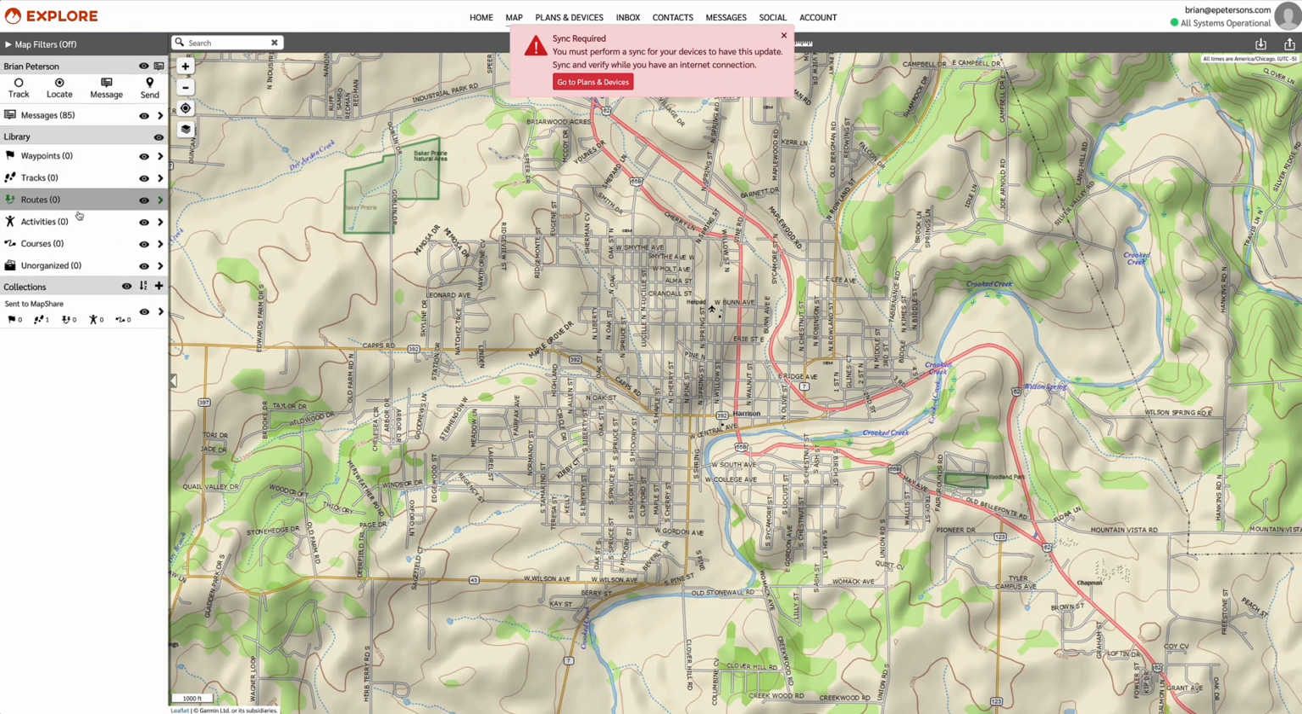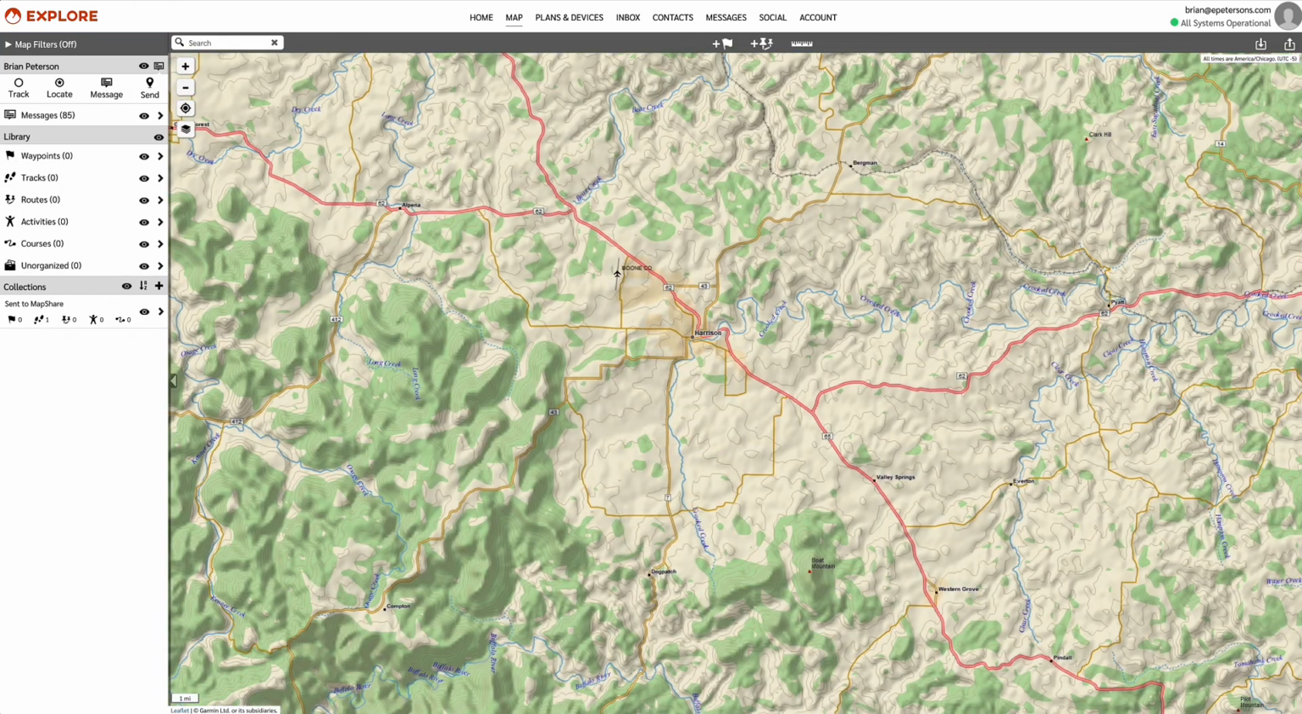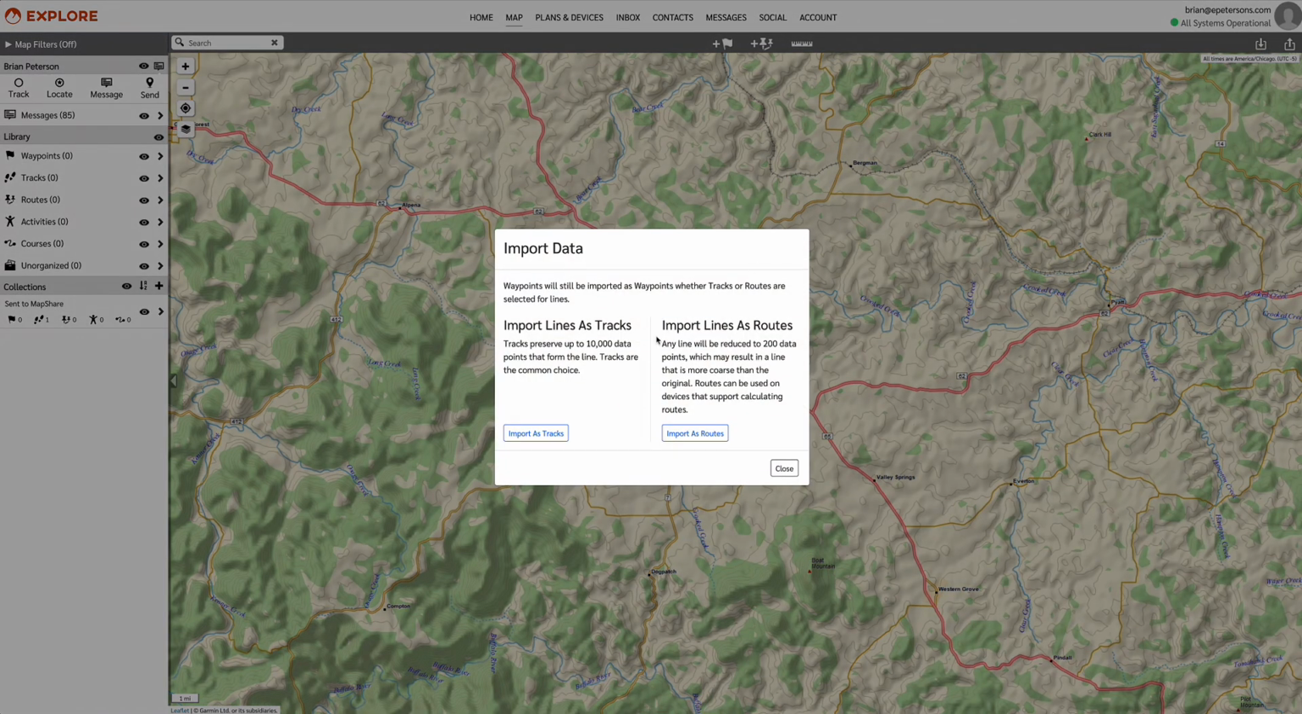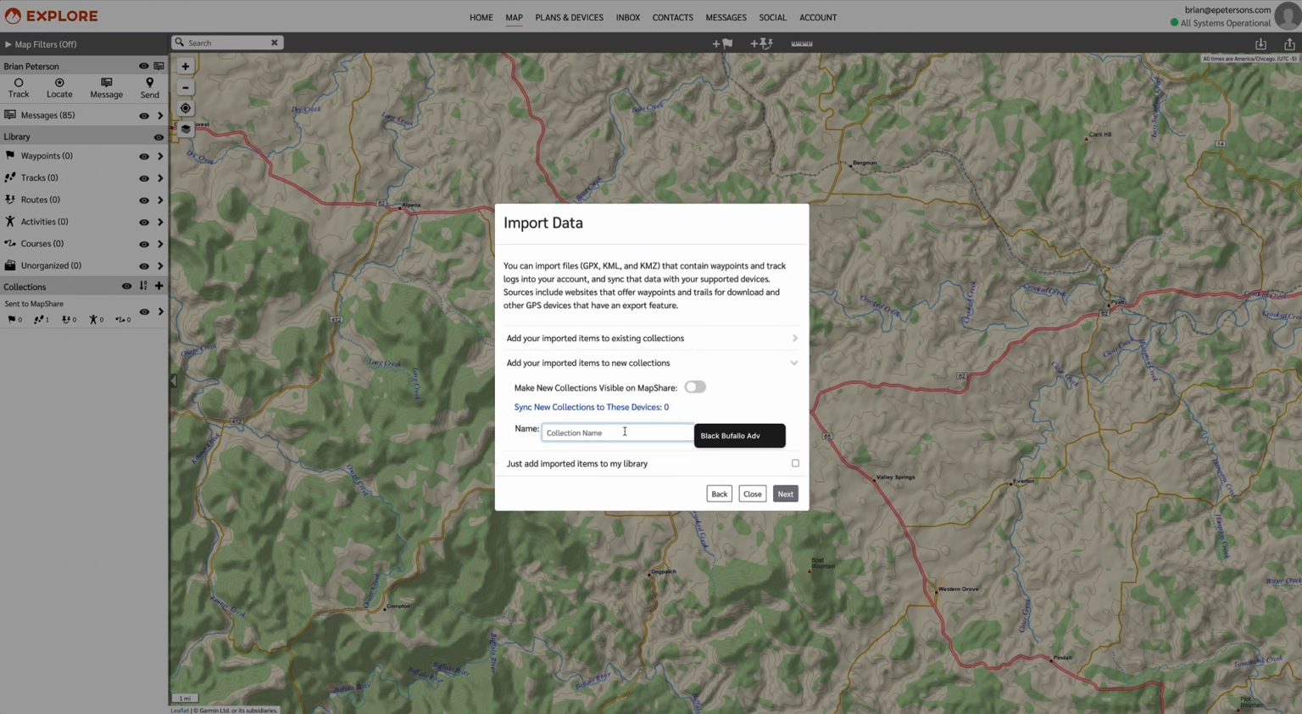So I'm looking in my library. Basically have no waypoints or routes, so the map is totally clear, which is what I want. So now I'm going to import, which is up here. And I'm going to import lines as tracks. And you can create a new collection. So we'll call this